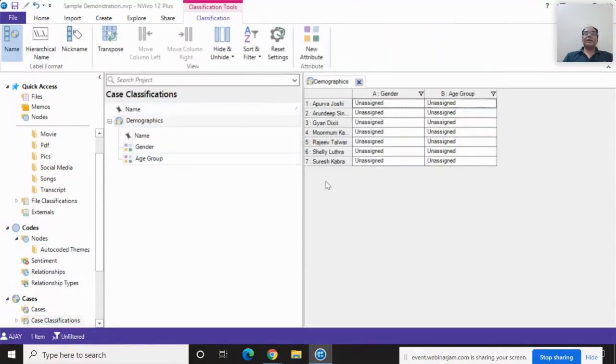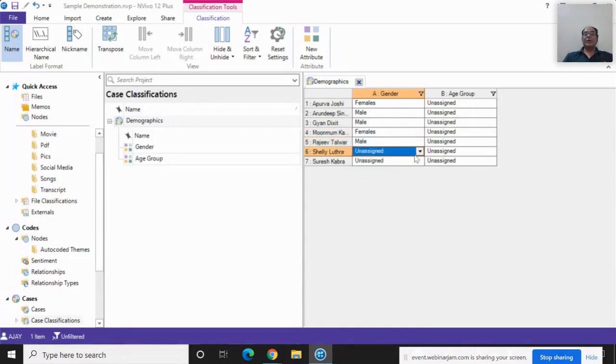now you can see that this is the data, and we have to tell the software that Apurva Joshi is a female and Arundeep is male. So this is called information about the data. Whenever you want to manage the data set, you have to do all these things to define your data set.